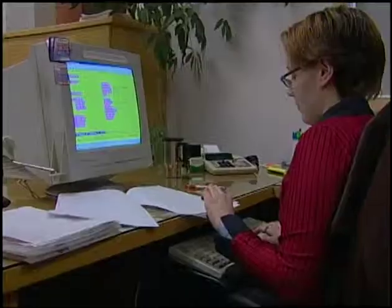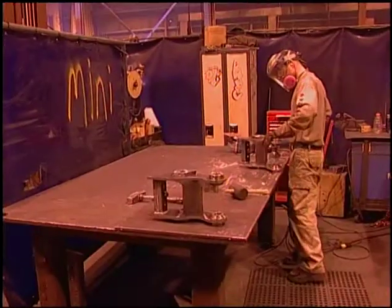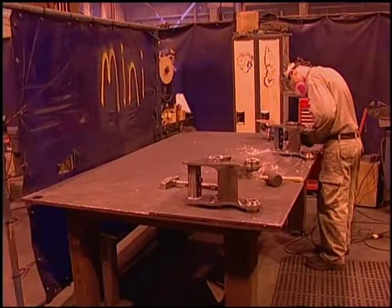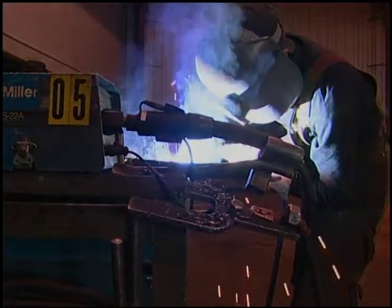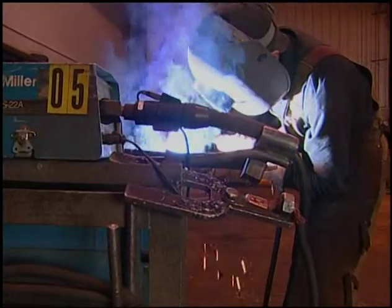And it's taken us a little while to really understand what's required, but in the last year I think we made some fairly major strides forward. We currently have 6 beneficial shareholders working at Weldco, all in the Edmonton operation, in anything from accounting to welding to plate nesting to shipping and receiving. There's lots of opportunities there for our beneficiaries to be able to come to us and find a career that they feel is a good fit with them, and we can provide them the support and the training and the opportunity to